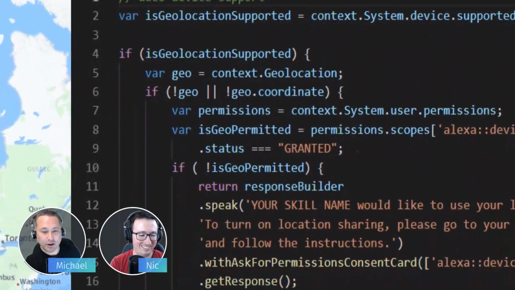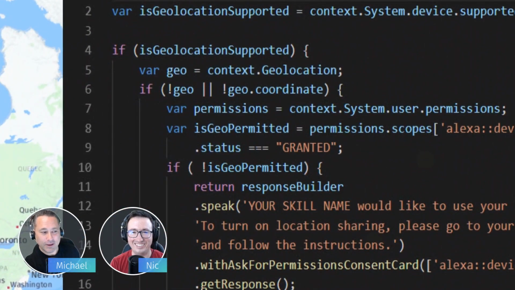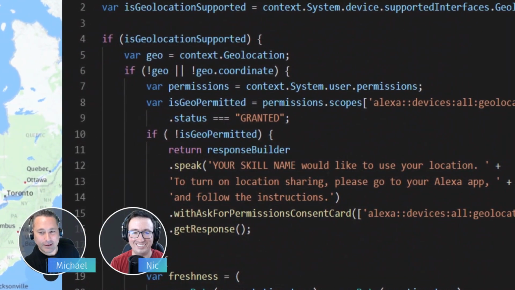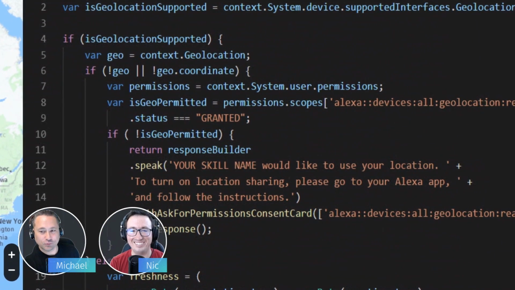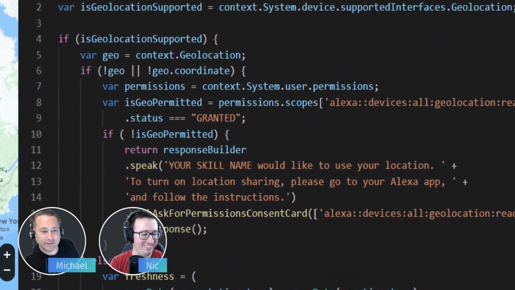All right, let me just zoom down a little bit. Okay, good. Let's talk about this a little bit. What we're looking at is an example of what an Alexa developer could do to formally start the process to say they want to use geolocation services. The very top line, where it says is geolocation supported, is really just going to the context object available to Alexa developers. We're asking if the system device, the thing that was used to communicate with the user,